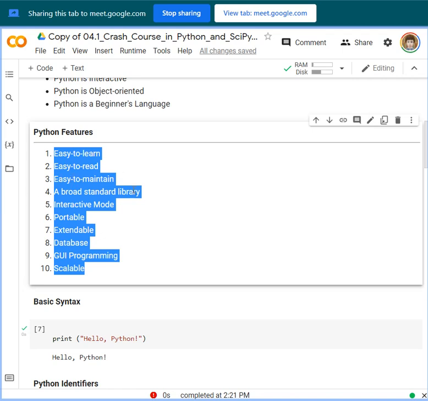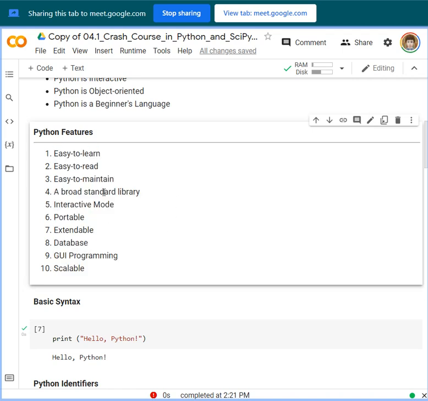That's why it is said to be easy to learn, and this allows students to pick up the language quickly. It is also easy to read, since it is more clearly defined and visible to the eyes, and easy to maintain, and so on.